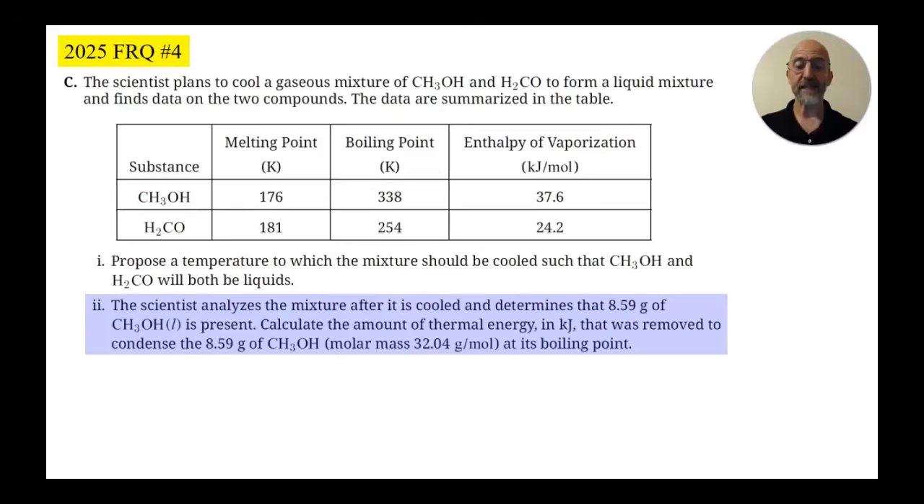Now here's the details. We have a melting point, a boiling point, and enthalpy of vaporization for 2 different substances. But it says the scientist analyzes the mixture after it is cooled and determines that 8.59 grams of this liquid CH3OH is present. We have to do a calculation. Calculate the amount of thermal energy in kilojoules that was removed to condense the 8.59 gram sample of this substance